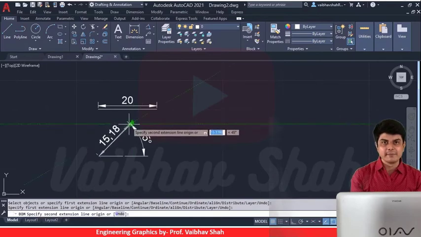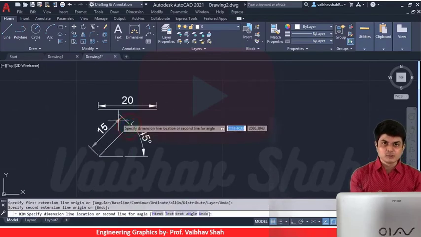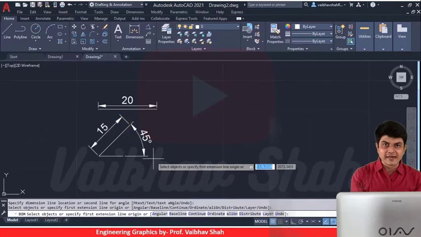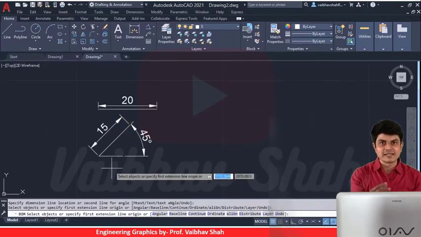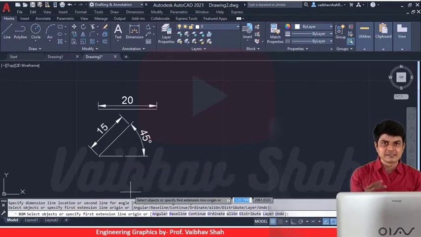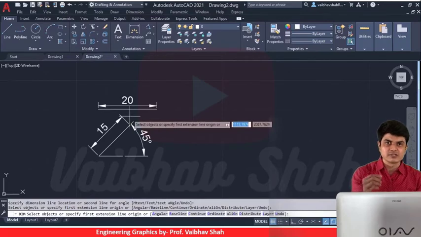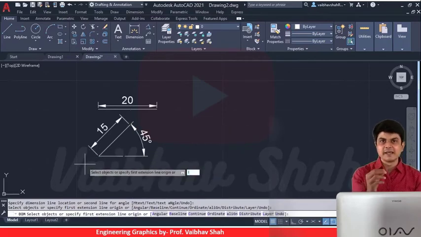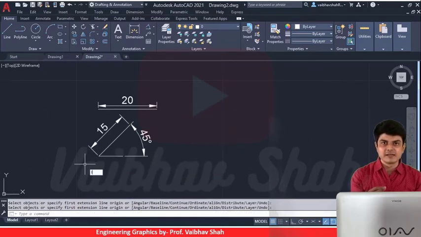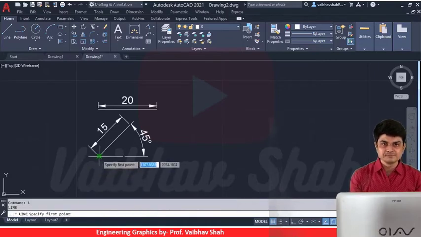Of 15 mm. Now, let us suppose if we need to draw now a line in downward direction, then what to do? So, following similar steps. So, now for that, let us press L and enter. Your line command is activated. Let us start with the start point. So, click on the start point of this line. So, I will be pressing the left click and I will be drawing one line.